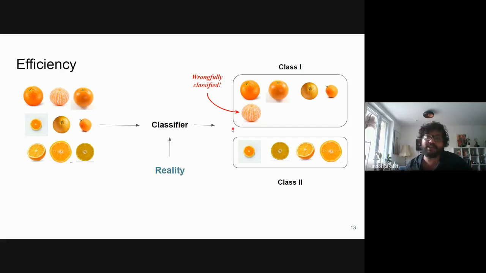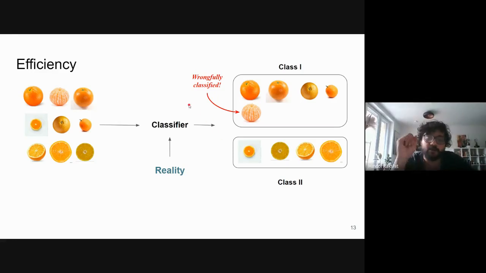Even then, you can initially classify into two groups: oranges with skin and oranges without skin. Then within the oranges without skin, you can further classify into oranges which are sliced and oranges which are not sliced. Of course, you can keep going again and again, and that's how you actually design a classifier. But since this is a very basic assumption, this is what I took. I see the oranges and think, let's take a very simple statistical approximation, divide it into two groups, and see what happens.